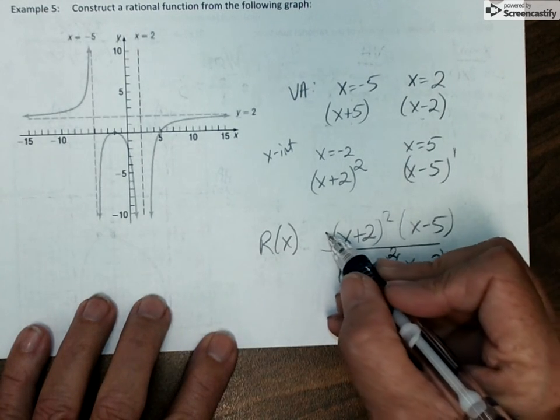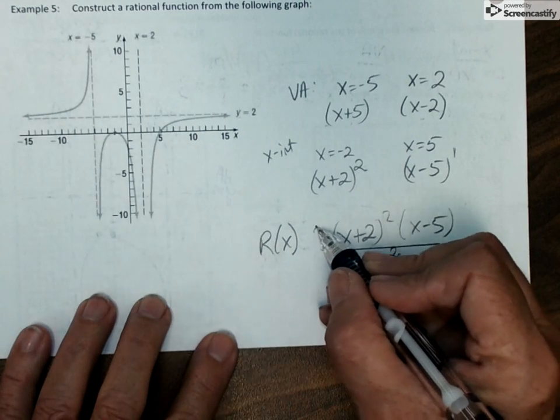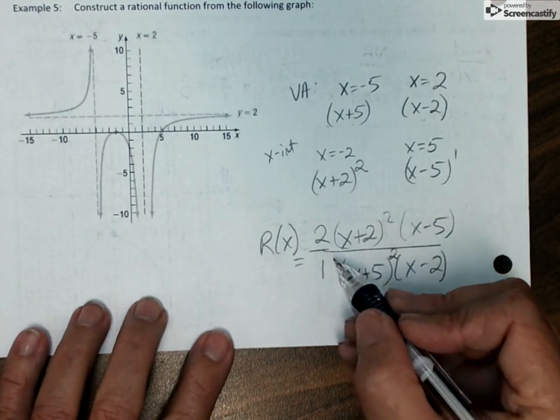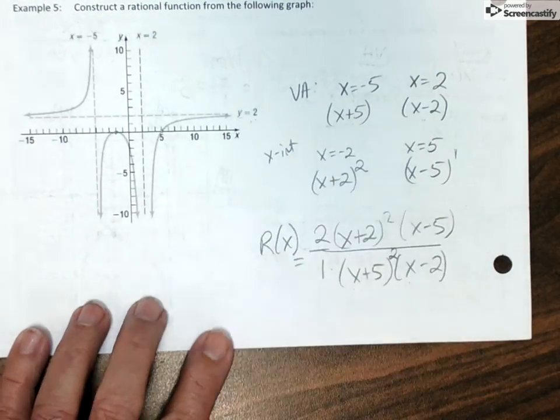And I need my leading coefficients to be 2 in the numerator and 1 in the denominator, so that 2 divided by 1 gives me the horizontal asymptote of